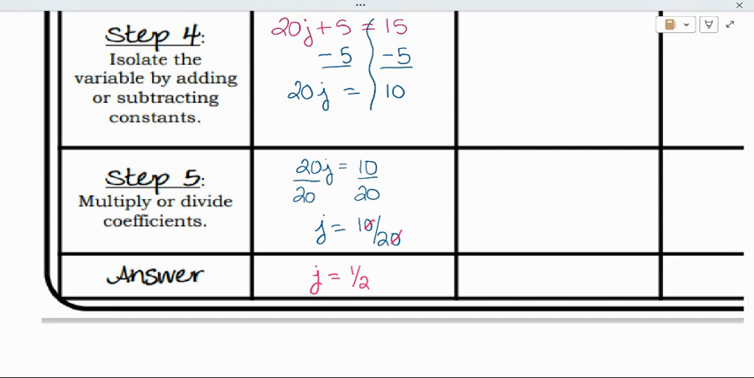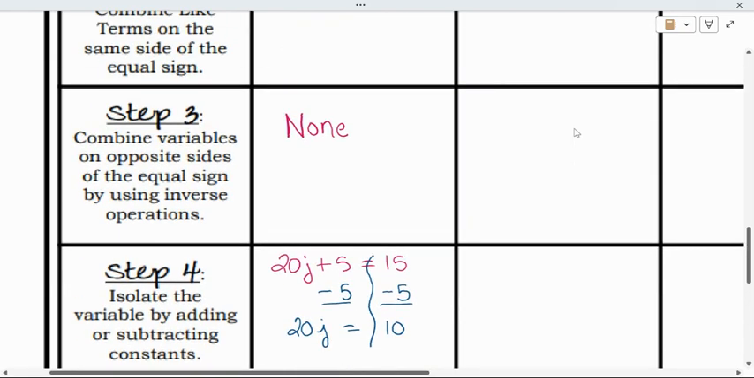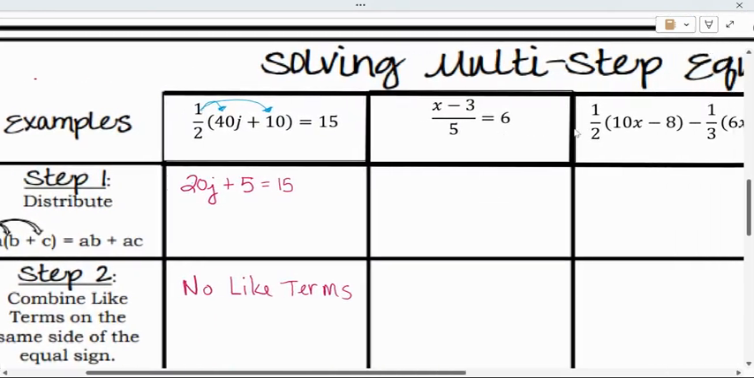How do we feel about that? Good? Okay. Can I go all the way up to the top? Is everybody ready? Okay. Our next example